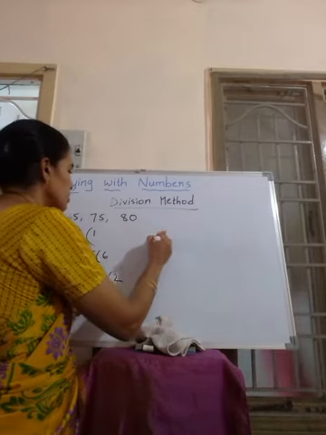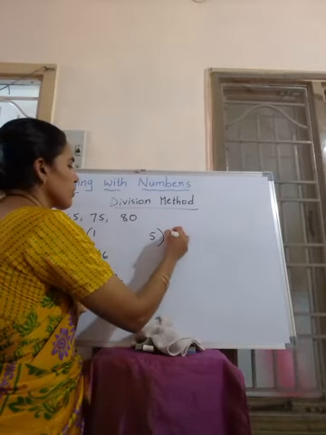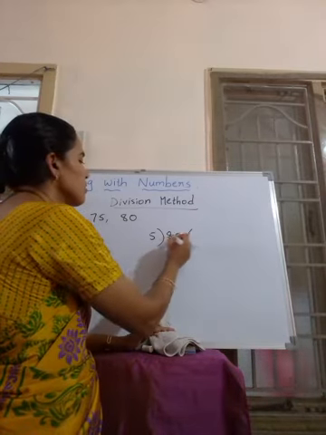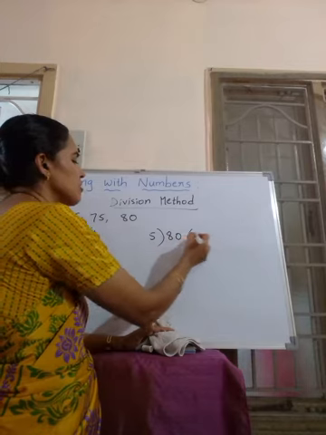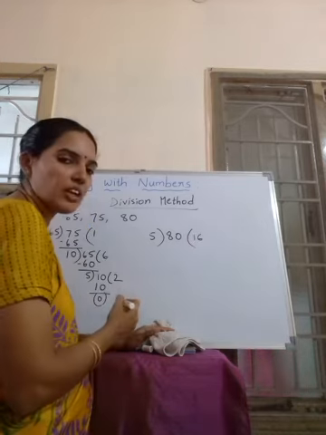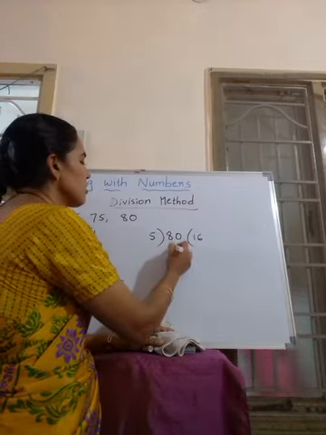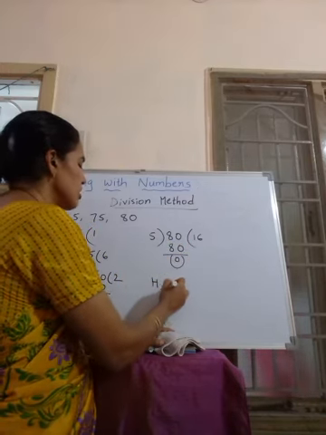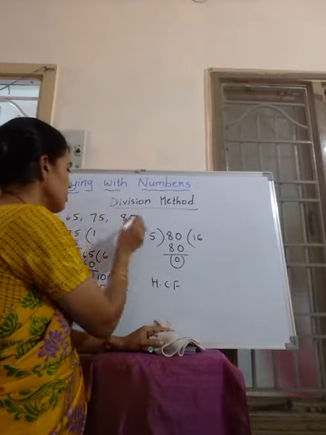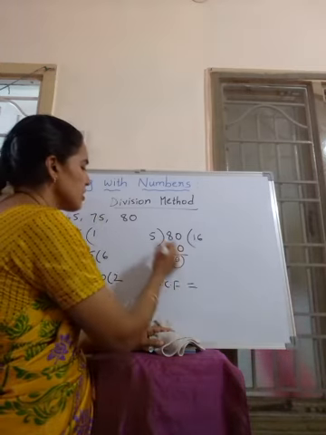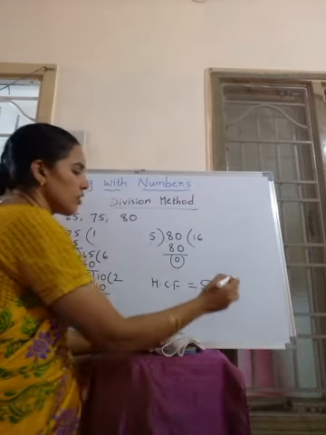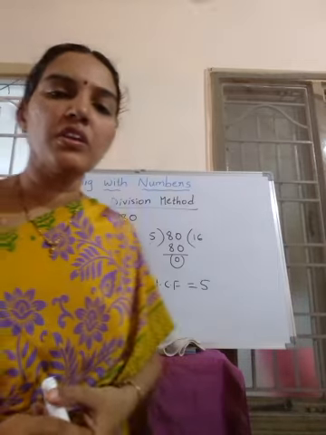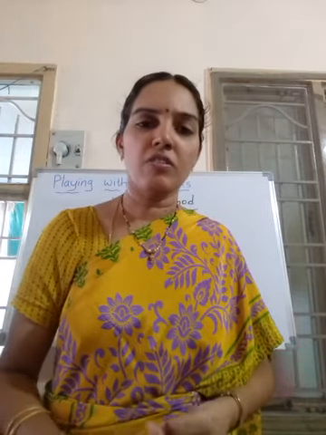Now step 2. This is 5 and 80. Now 80 is divisible by 5, we know. And how many times is it divisible? 5 sixteens are 80, leaving remainder 0. Therefore, we say that the HCF of these three numbers 65, 75 and 80 is the last divisor, 5. 5 is the HCF. This method we call the division method. These are the two methods we use for finding the HCF. Thanks.